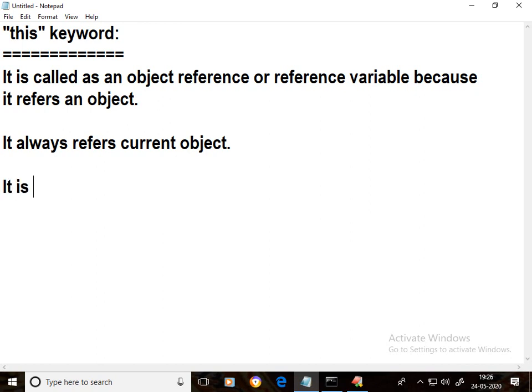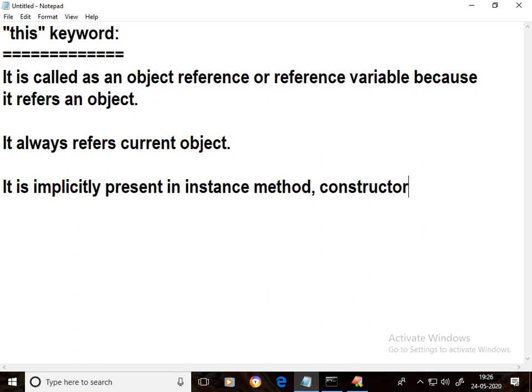It is implicitly present in instance method, constructor and initialization block. This keyword is implicitly present in instance method, in constructor and in initialization block.